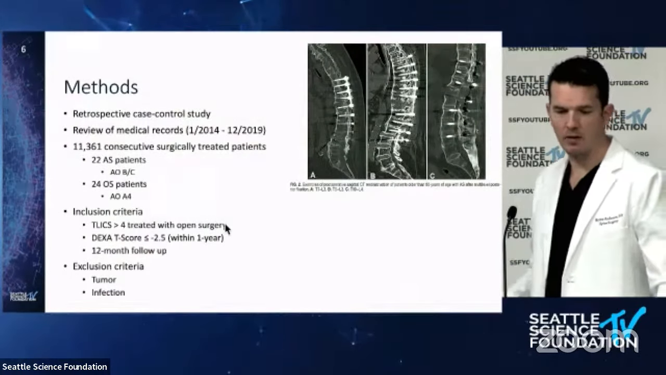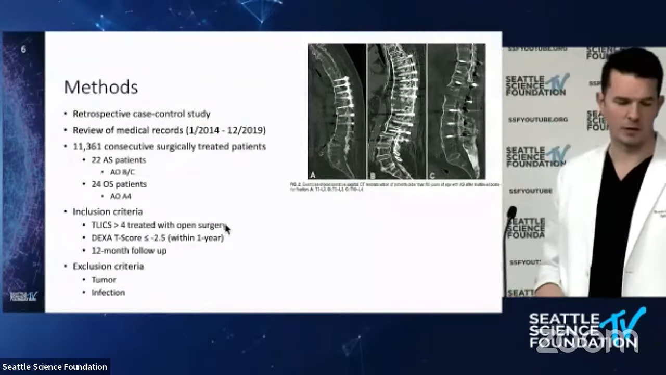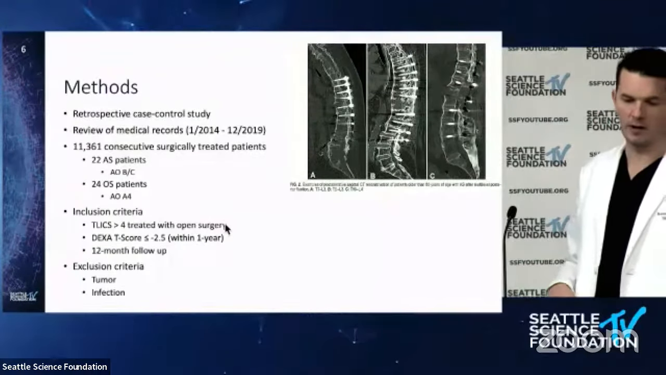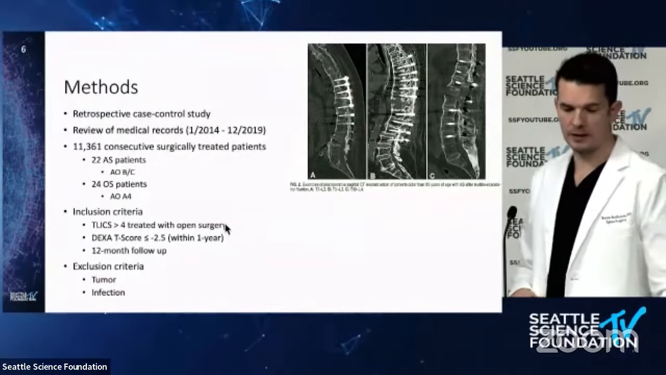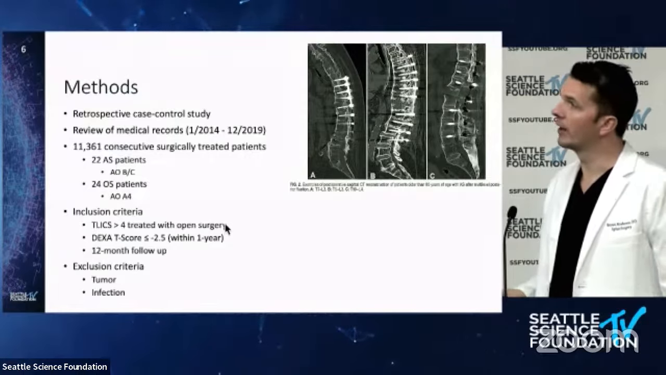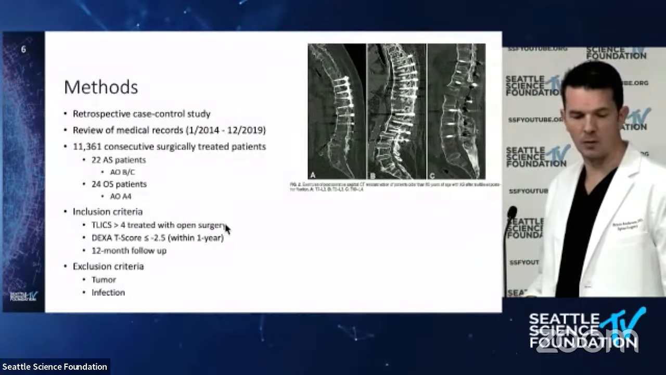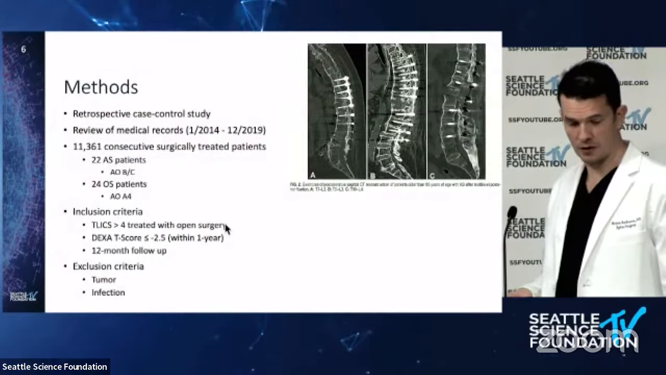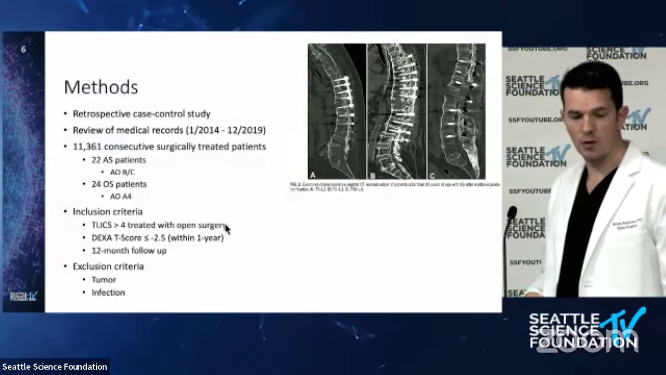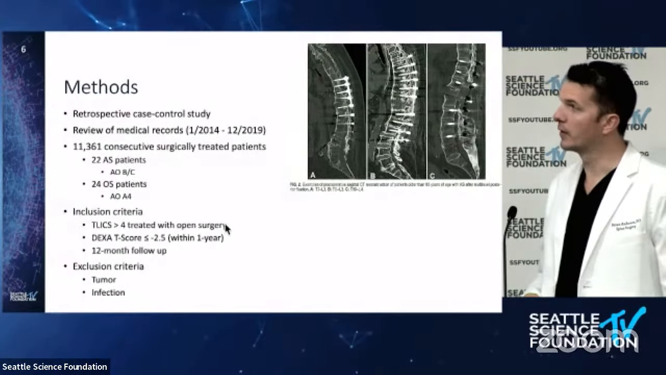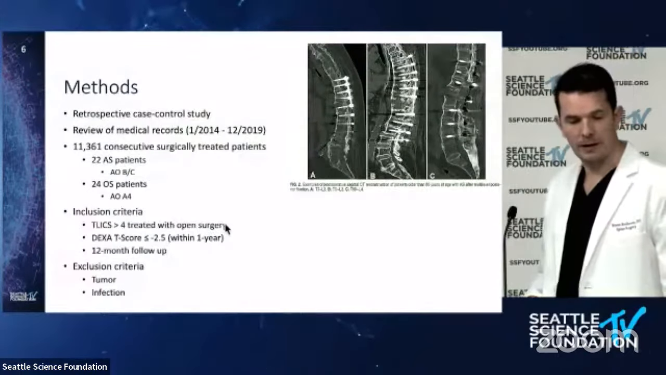So the way that the group went about this was, again, a retrospective case control study. They looked at the medical records at a single institution over a 5.5 year period. And they found 11,361 consecutive surgically treated patients during that time frame. 22 of them met the criteria for an ankylosing spondylitis fracture, so that's AO classification B or C, and then